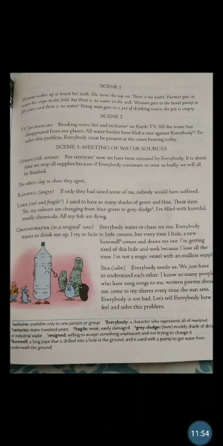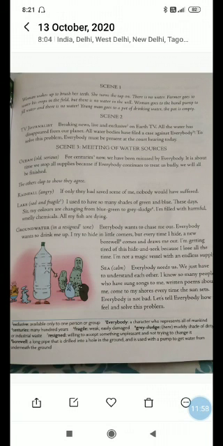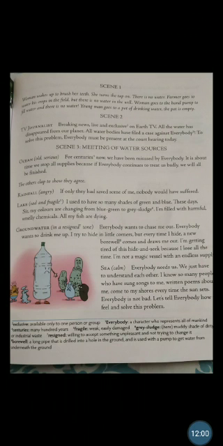ग्राउंड वाटर बोलता है, I try to hide in little corners. He says मैं कहीं इधर छुपता हूँ, कहीं इधर छुपता हूँ, but still they are all chasing me. But every time I hide, a new borewell comes and draws me out. जब भी मैं कहीं छुपता हूँ, कहीं एक बोरवेल खुल जाता है, and people just start drinking me, using me. I'm getting tired of this hide and seek. मैं इस छुपन छुपाई के गेम से बहुत थक गया हूँ.